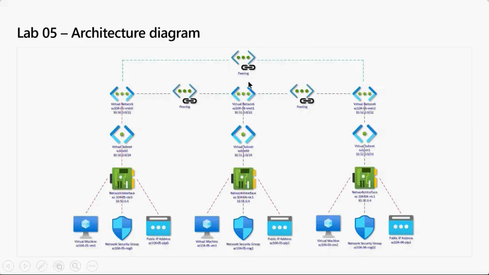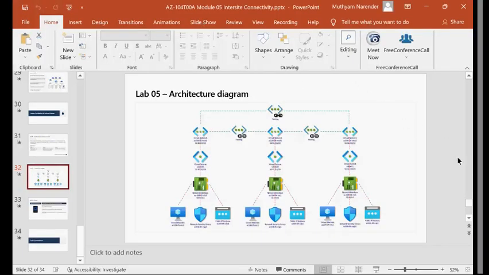Likewise, 6 ways I can implement peering here, right? So ultimately, a VM of one VNet will be able to talk to another VNet. The first VNet and second VNet I'll be creating in East US, and the third VNet I'll be creating in West US, and I'll be creating a VM in West US only here. This one also goes in West US, and these two will be in East US, and the East US VMs will be able to talk to this VM over the Microsoft backbone cable, right? So here, this is the diagram we are going to achieve with this lab.